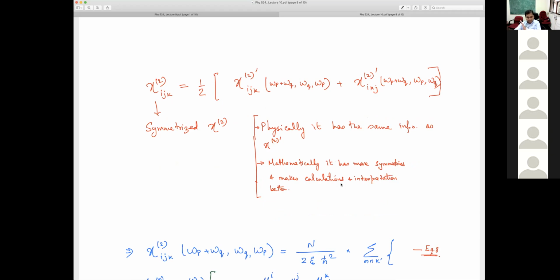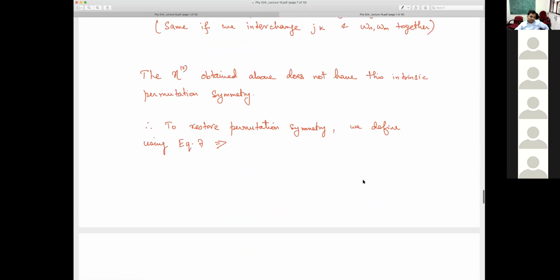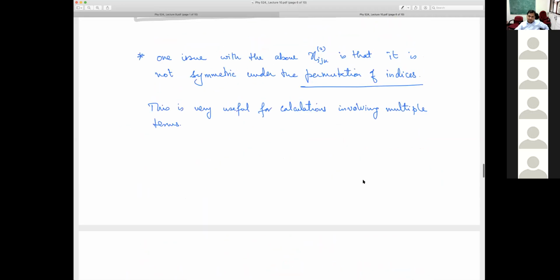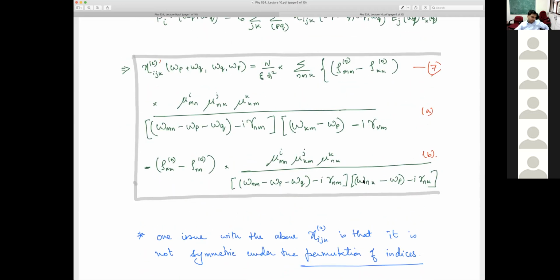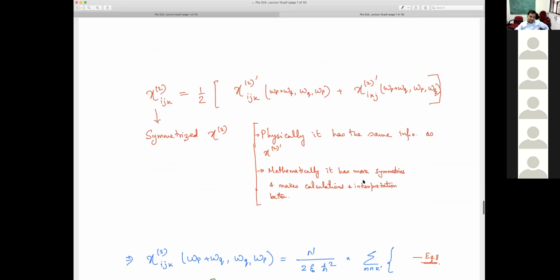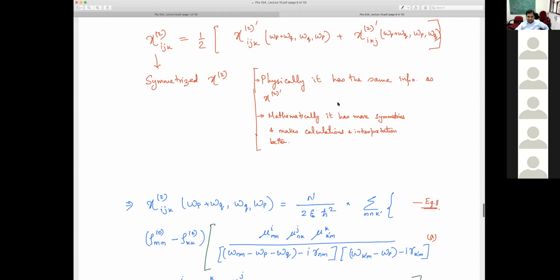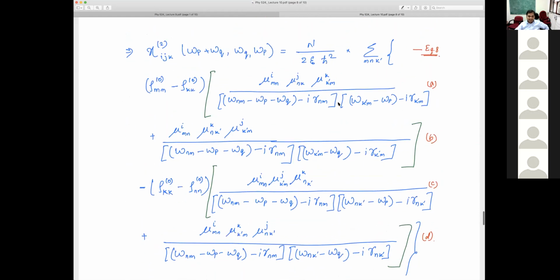And in some cases, some interpretations, particularly for higher order susceptibilities and even for second order susceptibilities, it just makes it slightly easier, basically. So that's another important point regarding this second order susceptibility: I derived something and then I used all my tricks to symmetrize it. So if I symmetrize it, then I can explicitly write.